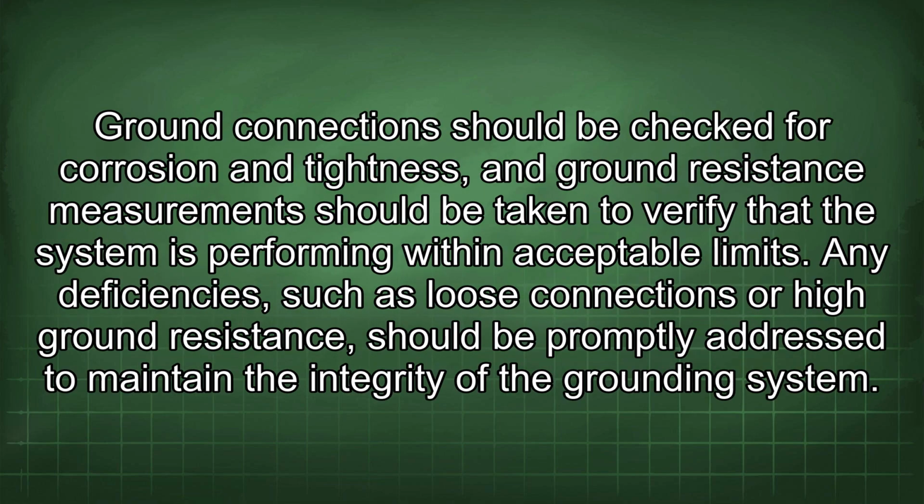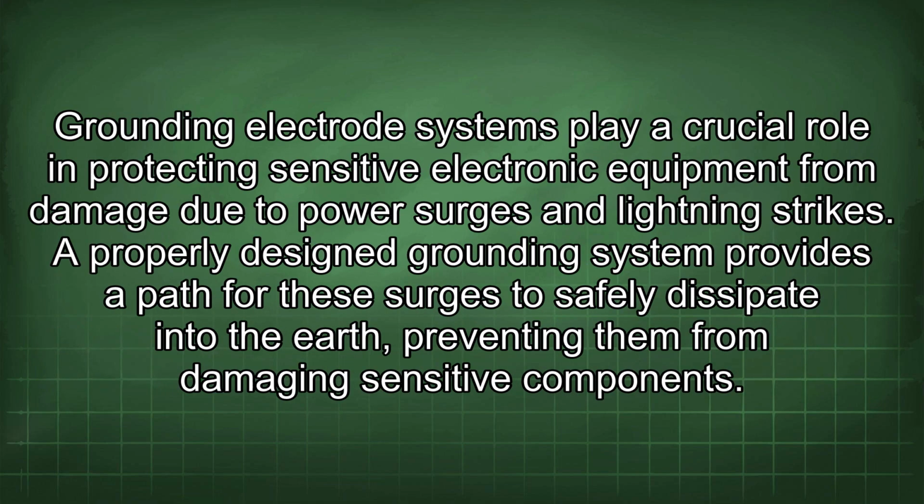Ground connections should be checked for corrosion and tightness, and ground resistance measurements should be taken to verify that the system is performing within acceptable limits. Any deficiencies, such as loose connections or high ground resistance, should be promptly addressed to maintain the integrity of the grounding system. Grounding electrode systems play a crucial role in protecting sensitive electronic equipment from damage due to power surges